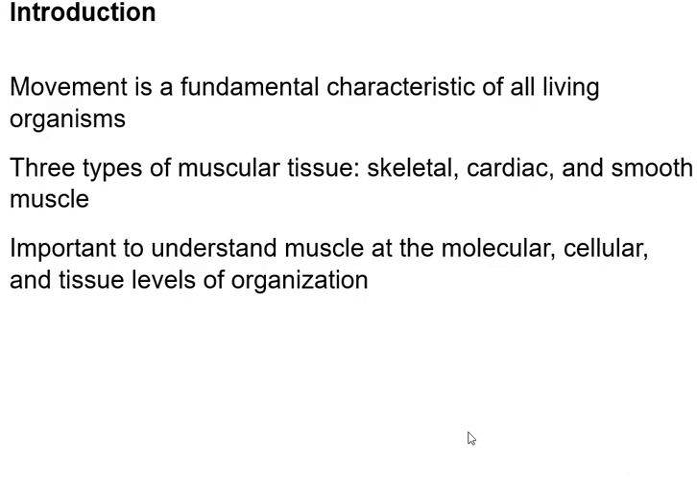This is Anatomy and Physiology, Chapter 11, where we're going to look at muscle tissue at the molecular level all the way up to the tissue level. There are three types of muscular tissue, and the first is skeletal muscle. We talked about skeletal muscles in Chapter 10. In this chapter, we're going to talk about the cardiac, which would be your heart muscle, and then smooth muscle